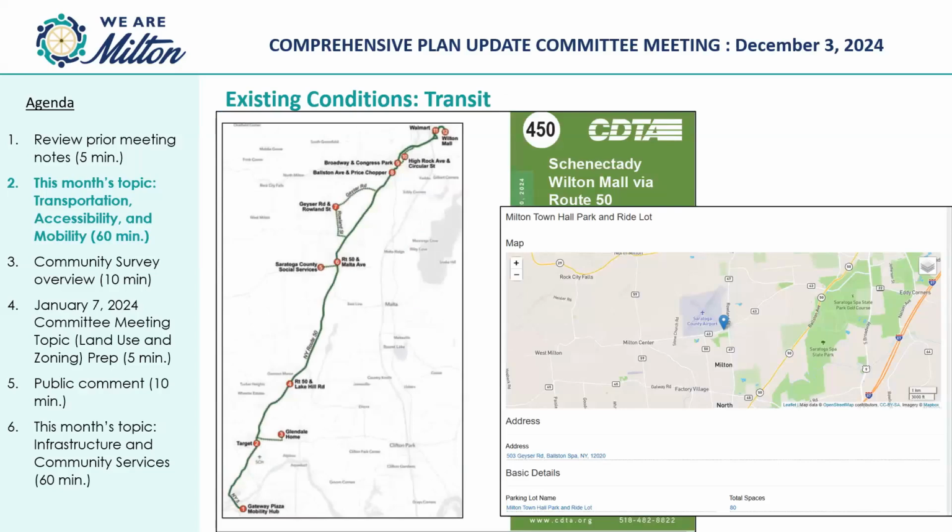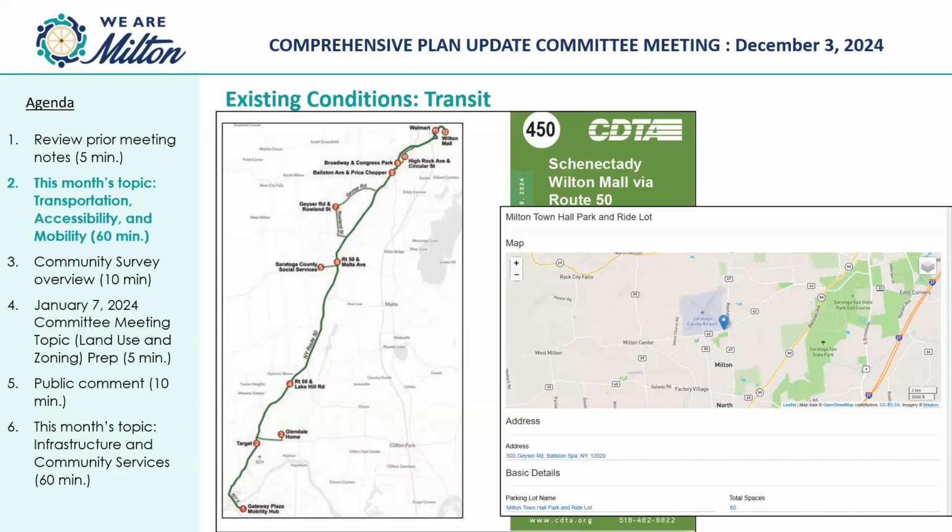Talking transit, right? There are really two different types of transit service in the town. The first is the Park and Ride, lower right, which is just right over here.